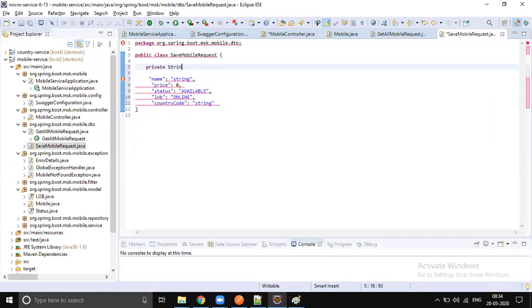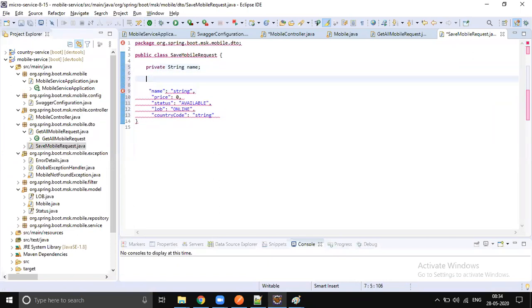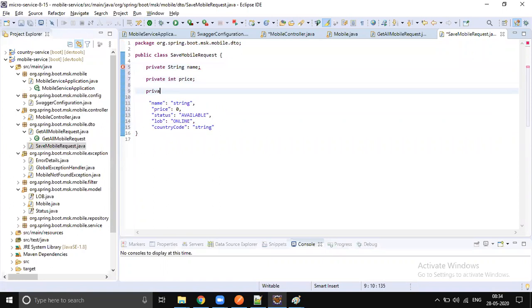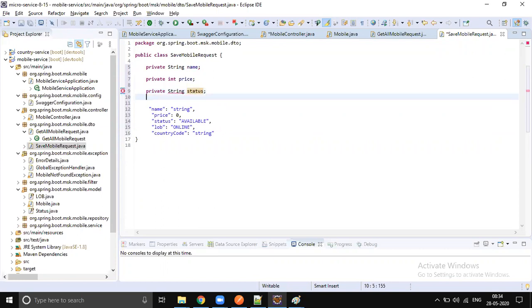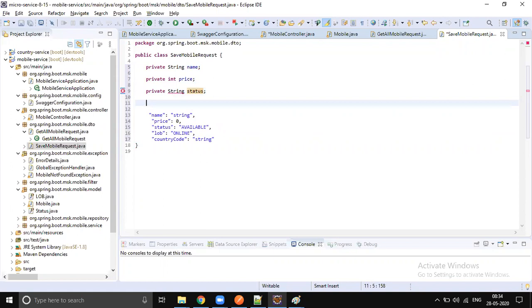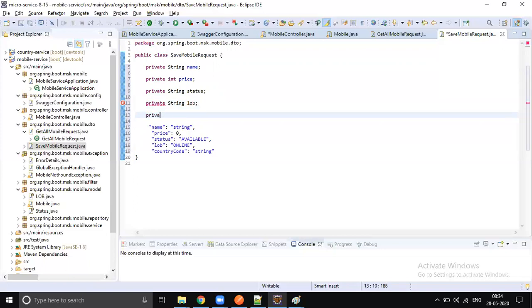So let's quickly type them. Public string name, good. Private int price, private string status. It is not enum type; we will take a string type and convert later. Private string LOB, private string country code.